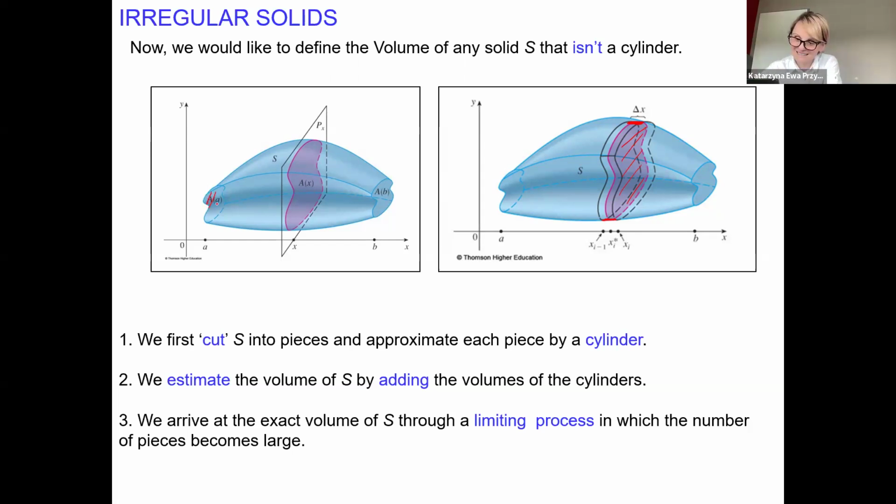Maybe if we take that shape and put it in a vertical position, we will see the identical bases, but the sides are not perpendicular. We can see we have that angle, we have that bend. That's what we will do. We will try to take that shape and cut. That means we will take a plane which is